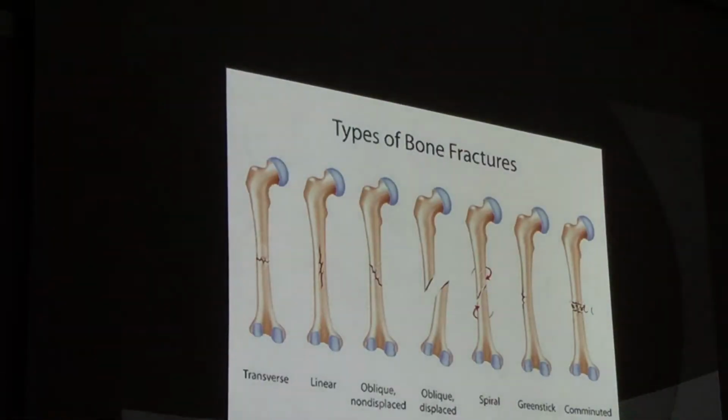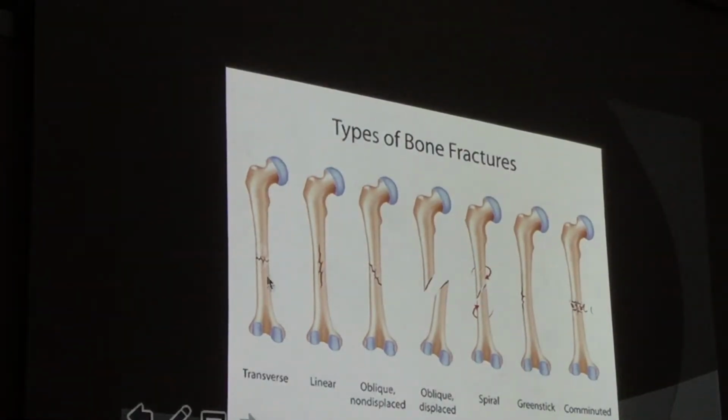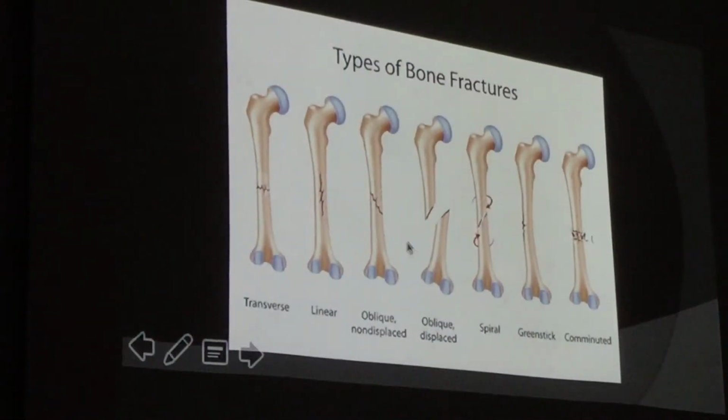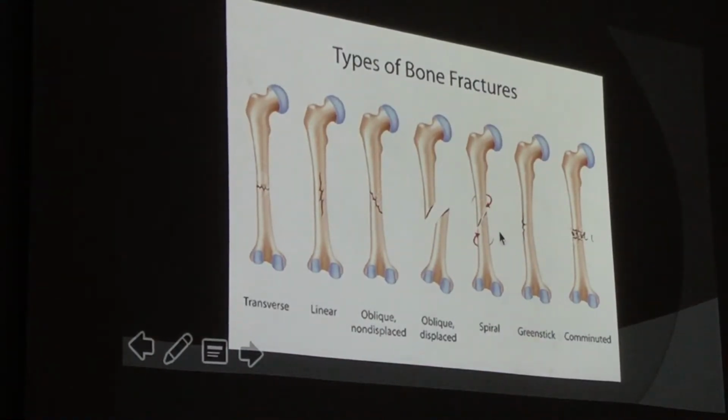So these are the types of fractures. Here we have a transverse fracture, linear, incomplete, oblique, displaced, a spiral fracture. In pediatric patients, you can see an incomplete greenstick fracture, and here this is a comminuted fracture. How would you differentiate an oblique from a spiral fracture? Oblique fractures,